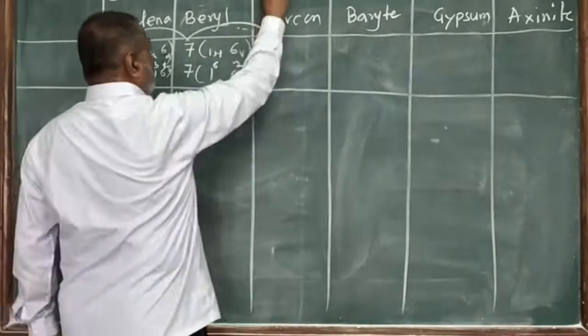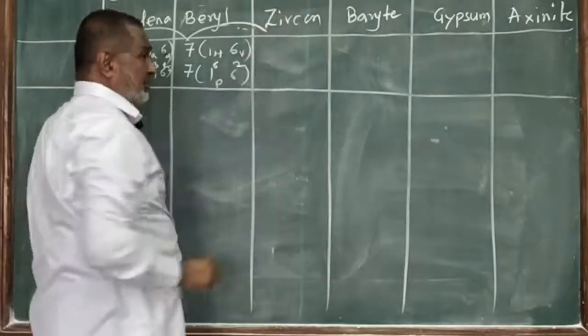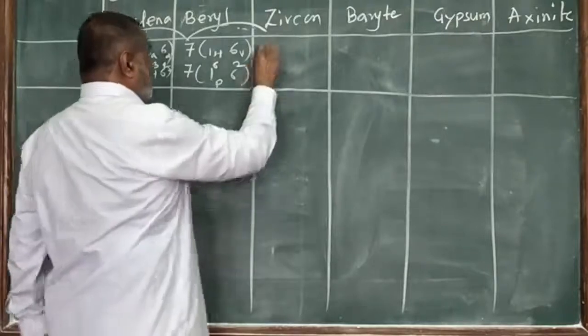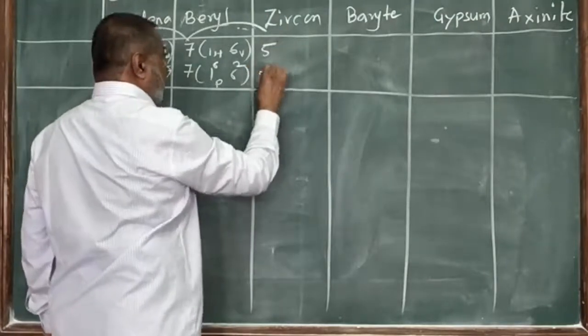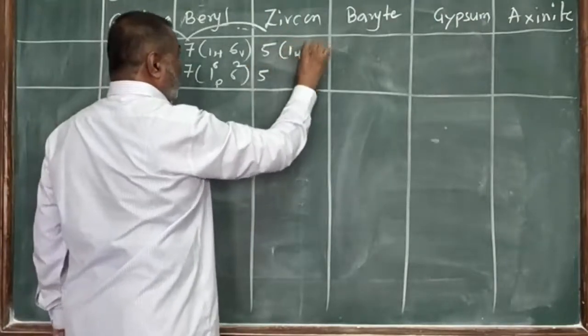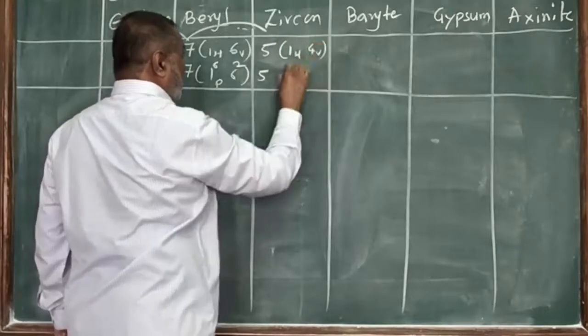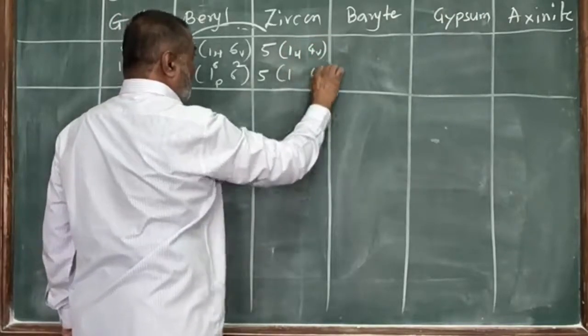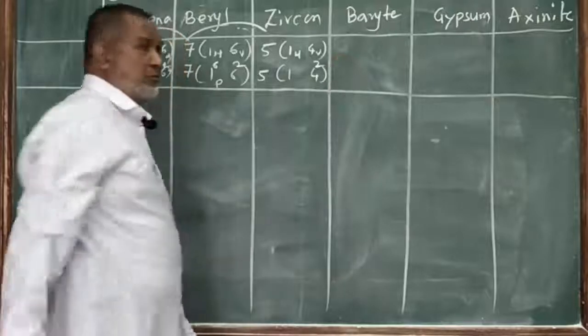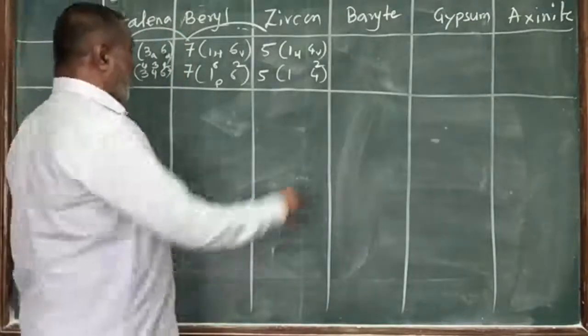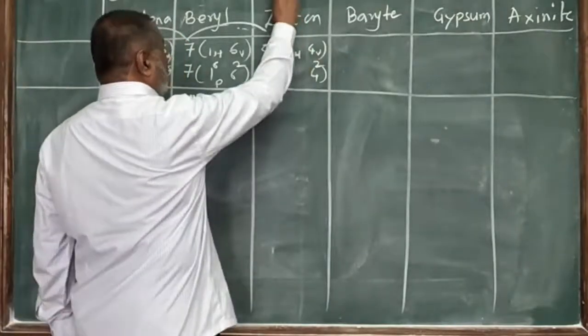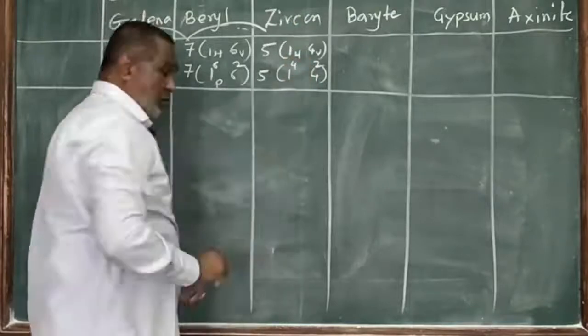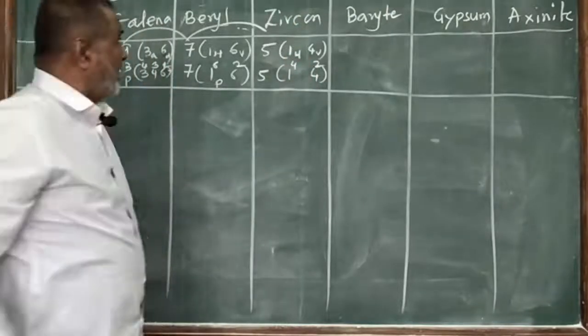Tetra means 4. 4 plus 1. So here we get 5 planes, 5 axes: 1 horizontal, 4 vertical. As it is, 1 and 4. 4 is a maximum, and the rule says 4 of 2-fold. And 1 is the minimum, tetra, so 1 of 4-fold symmetry. Come to the next one.